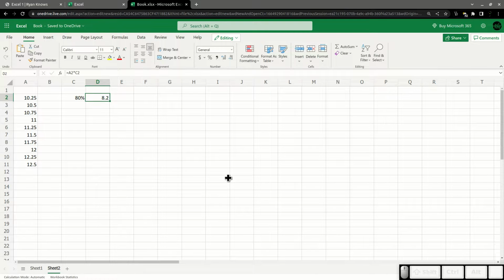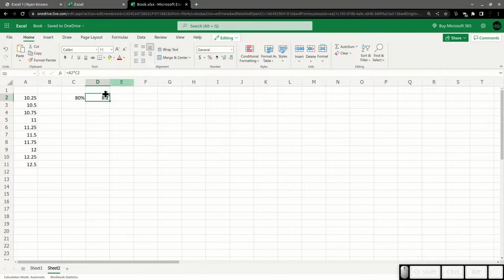So here's a couple of things that Excel did for us automatically. One, the arithmetic, like we already talked about. But two, I typed in 80 and put the percentage symbol in there, and it understood what that meant mathematically, because it clearly didn't multiply 10 times 80, because that would have been 800, and a little bit more because it's 10.25. So it correctly multiplied 10.25 by 0.8, which is the decimal version of that percentage. So putting that symbol in there lets Excel know to treat this number not the way it looks, but as a percentage. That's really useful.